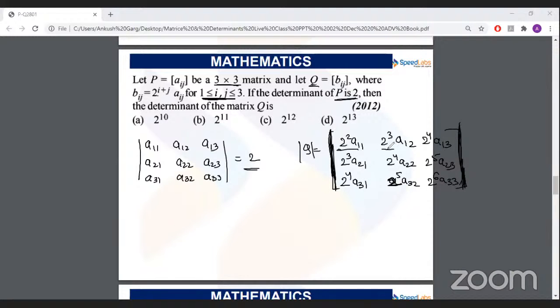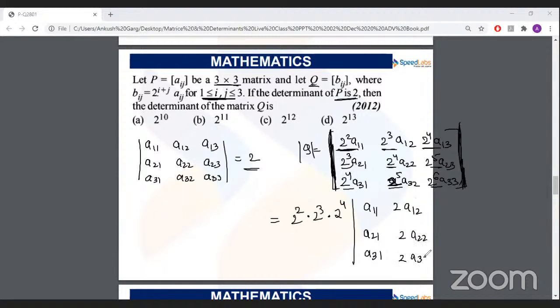So can you simply see, I can take 2 square common from the first row, guys. From the second one I can take 2 cube common, and from the last row I can take 2 to the power 4 common. So after taking these numbers common, I'm getting the determinant of something like this, right? 2 square a13,